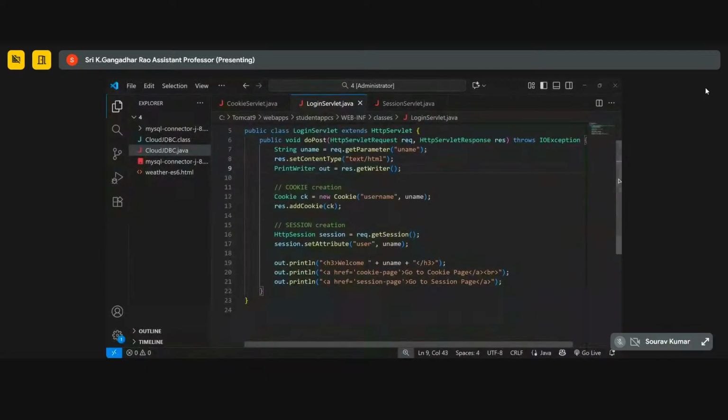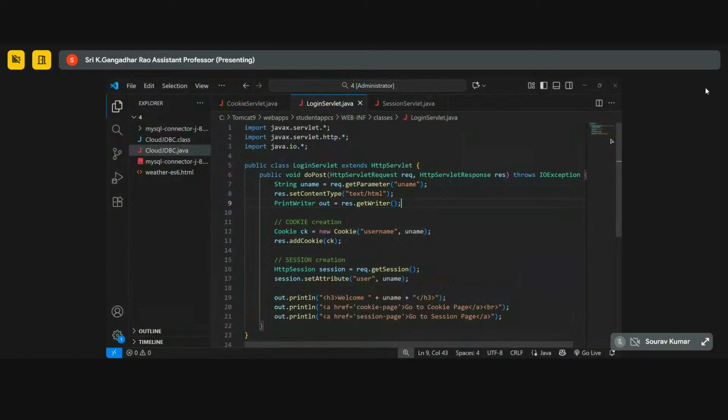How do you remember them? You can see here the login servlet. Once the login is over, what is available to you? The username is available to me. Here you can see the code. In this username,